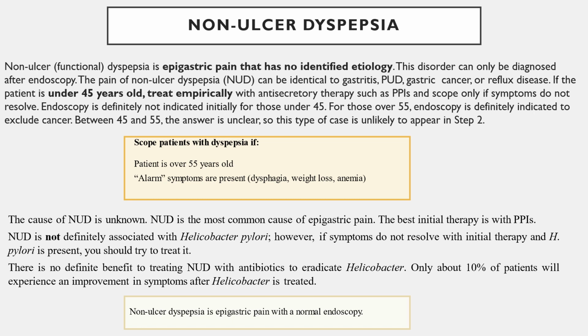So the cause for NUD is unknown. NUD is the most common cause for epigastric pain. The best initial therapy is PPI. NUD is definitively not associated with H. pylori. However, there is no defined benefit from treating NUD with antibiotics and eradicating